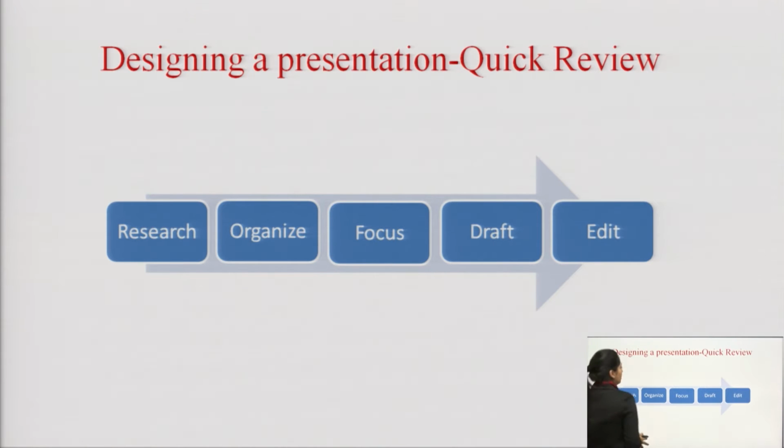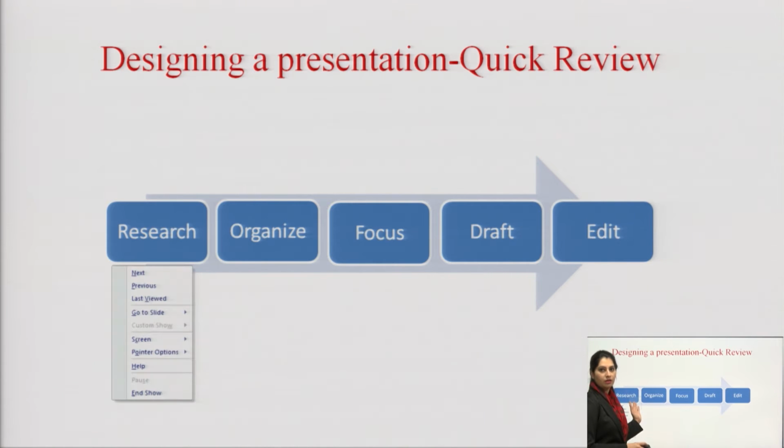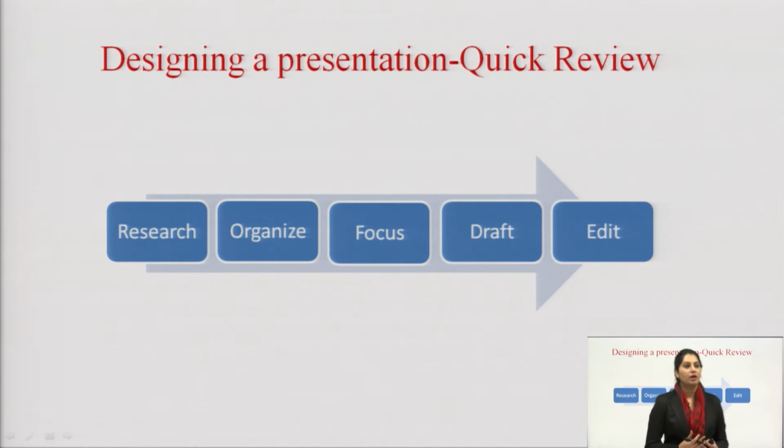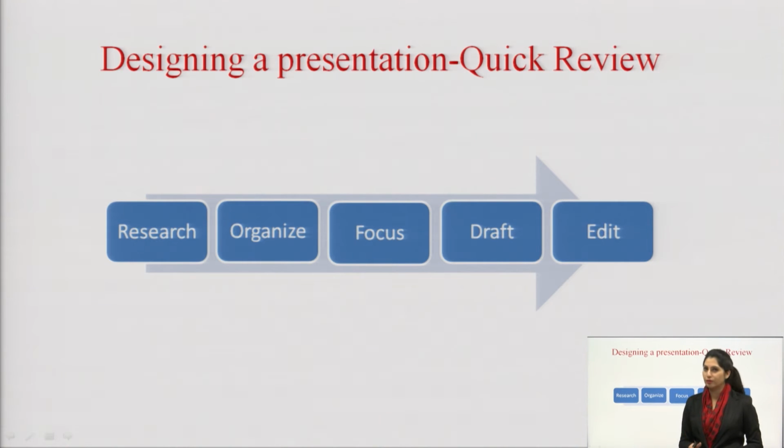This is just a diagrammatic representation of what we just talked about. We talked about researching the content as well as the audience. We talked about organizing. We talked about focusing as per the need of the audience. We talked about drafting it, using a lot of creativity, allowing the time gap, and then we talked about editing it. Editing has to focus upon correctness of the message. It should also focus upon the tone and the emphasis of the message. So this is just a diagrammatic quick recap of what we have just talked about. Moving on.